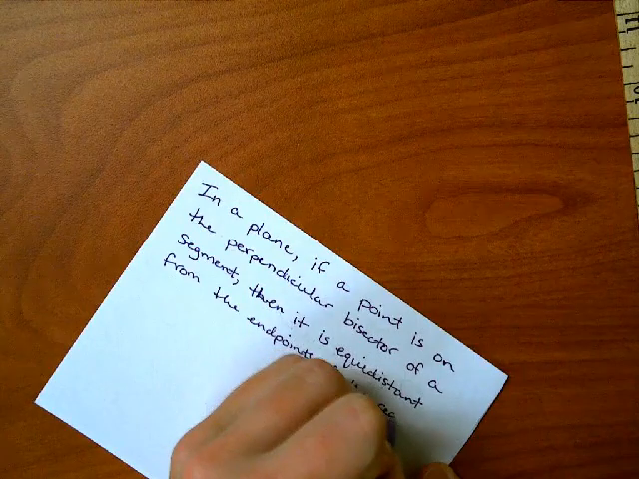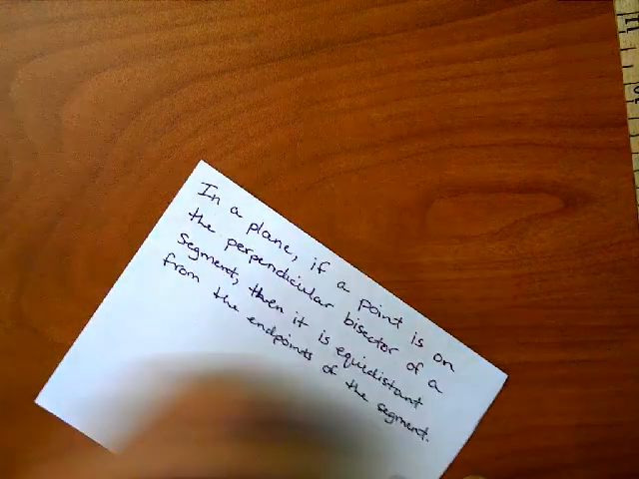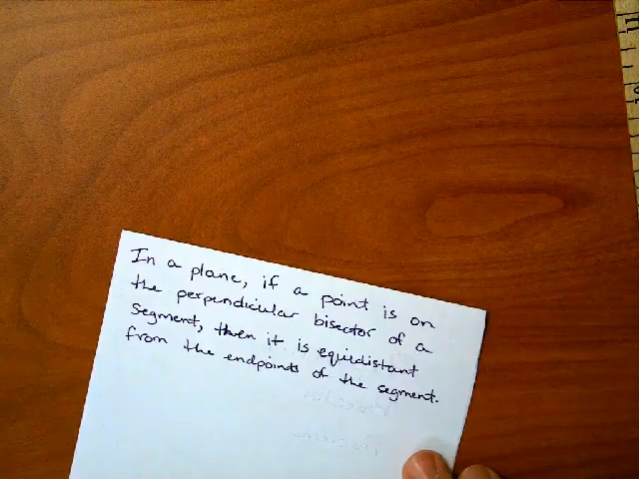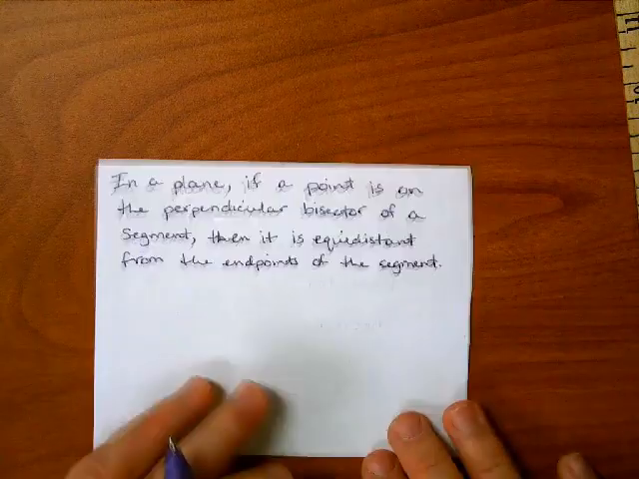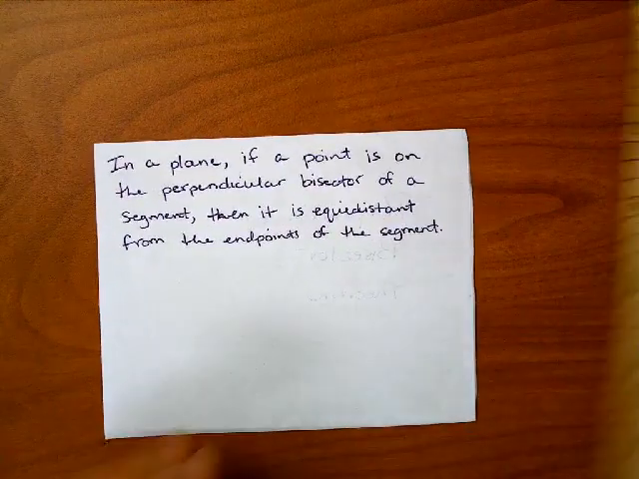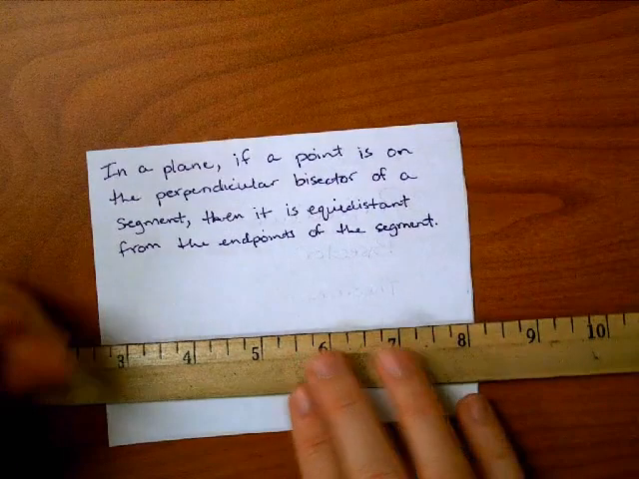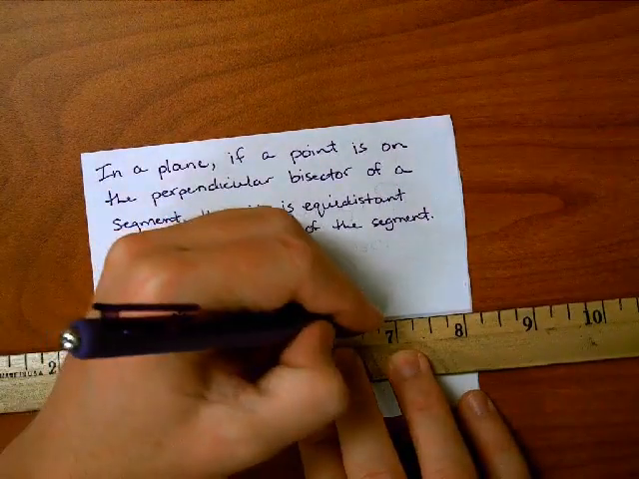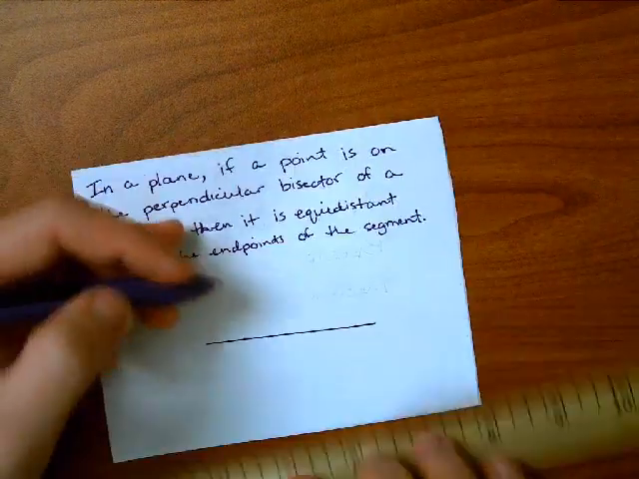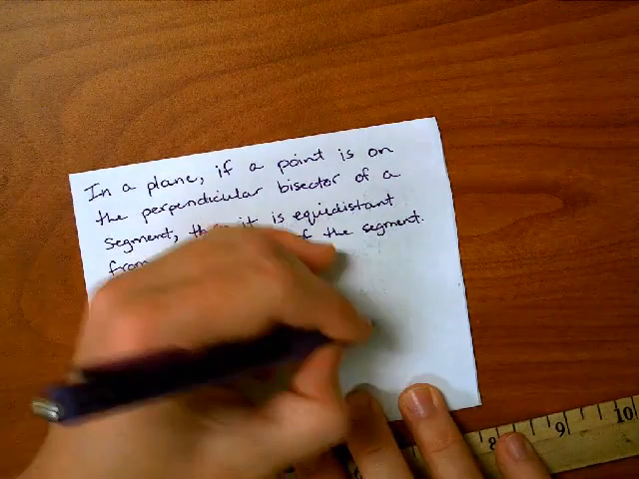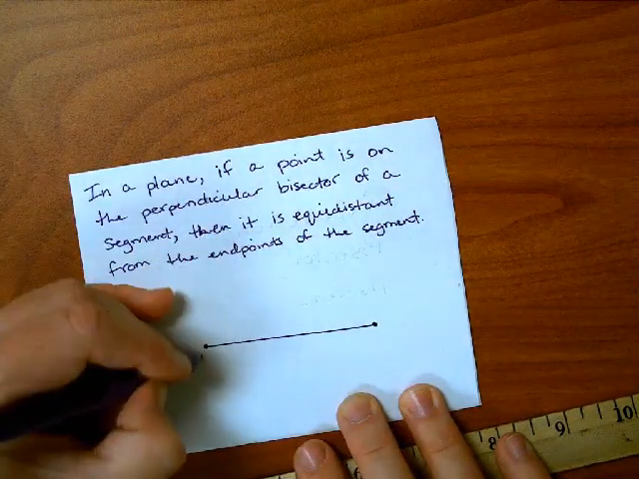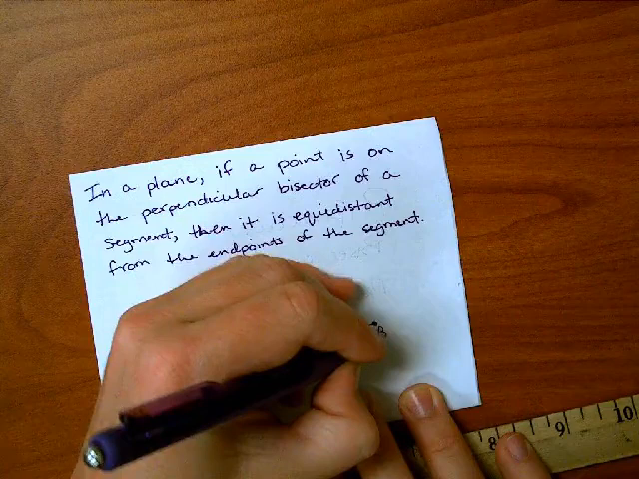So if a point is on the perpendicular bisector segment, then it is equidistant from the endpoints of the segment. So again, on this one, we're going to go purple is what we know, pink is what we conclude. Okay, so if we have a line segment, and we have what we know to be a perpendicular bisector,